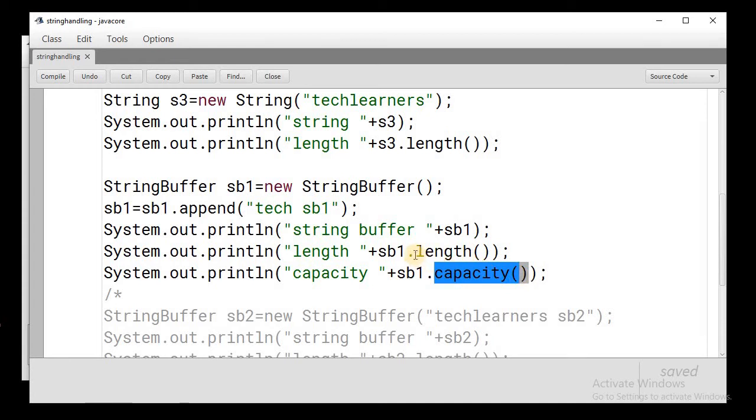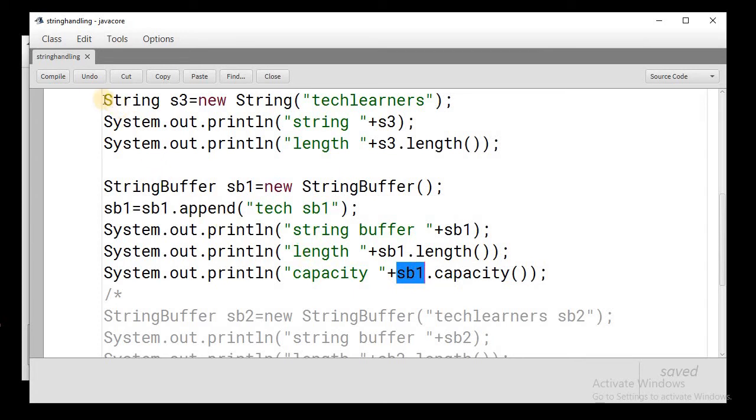The difference between the length and capacity lies in that the length will give us the character count, that is this 1, 2, 3, 4, 5, 6, 7 and 8. So this has 8 characters, so length should be 8, and the capacity will give us how many maximum characters this string buffer object can hold.